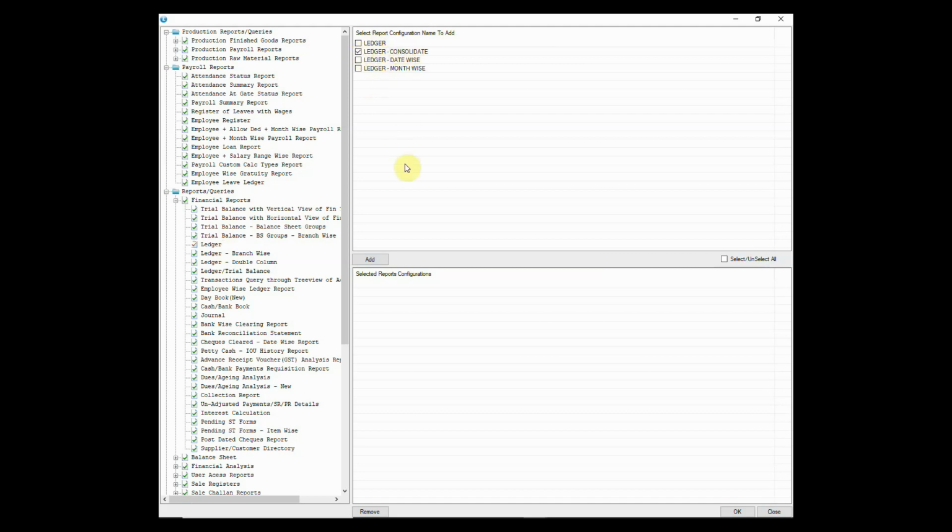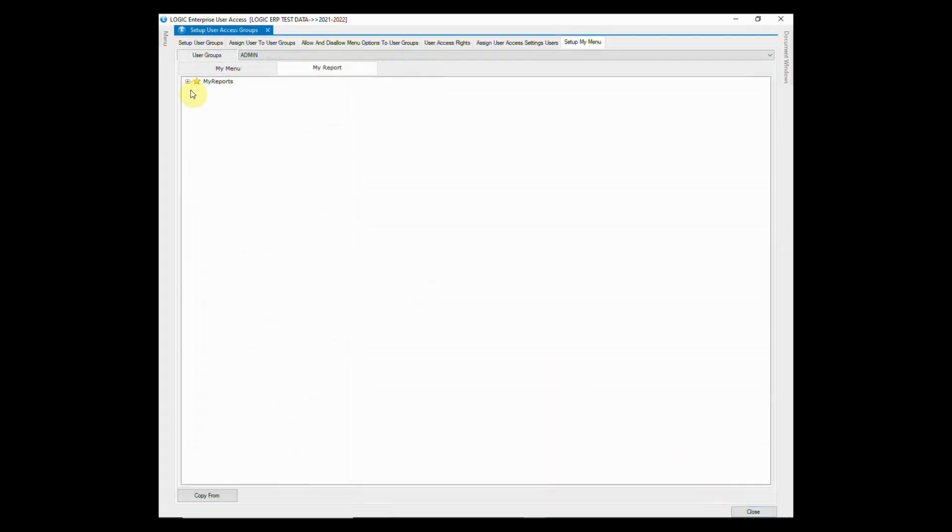So you can select a particular configuration here. Only the selected configuration will be visible to the user. Even in dues aging analysis, we have only added the outstanding report. The selected reports have been added under this group. Similarly, you can make different groups of reports.